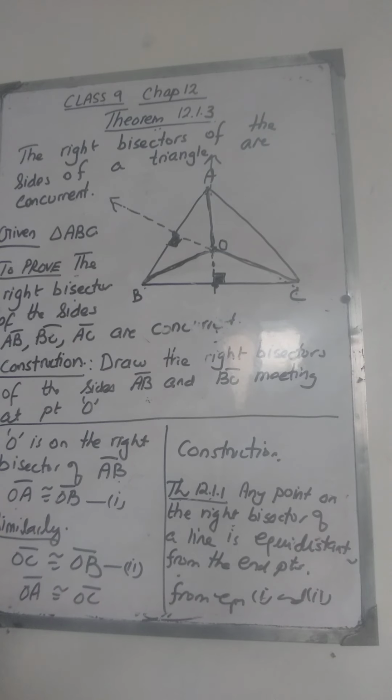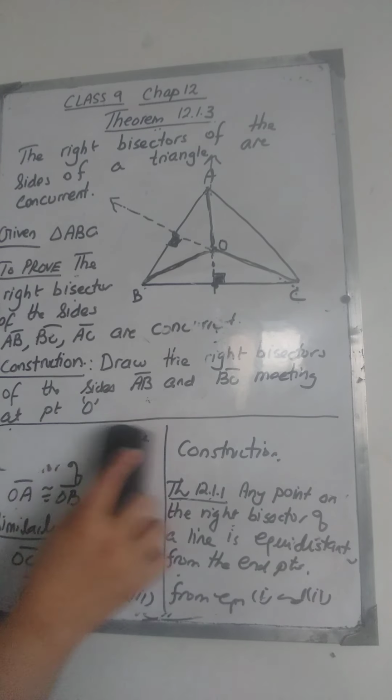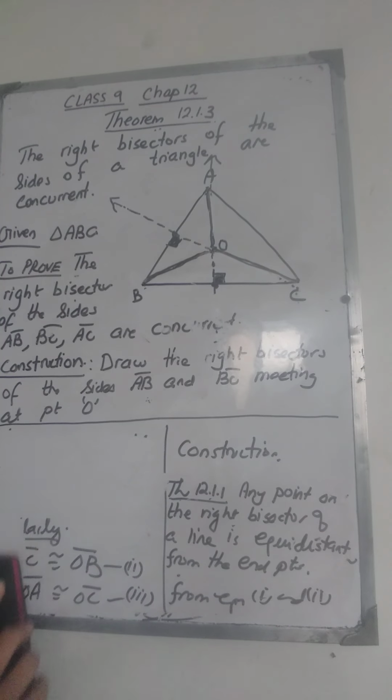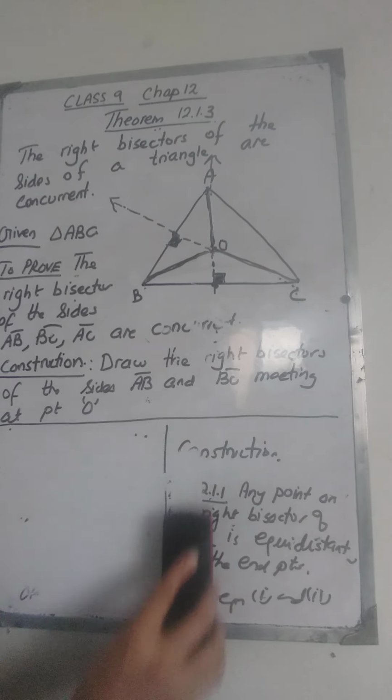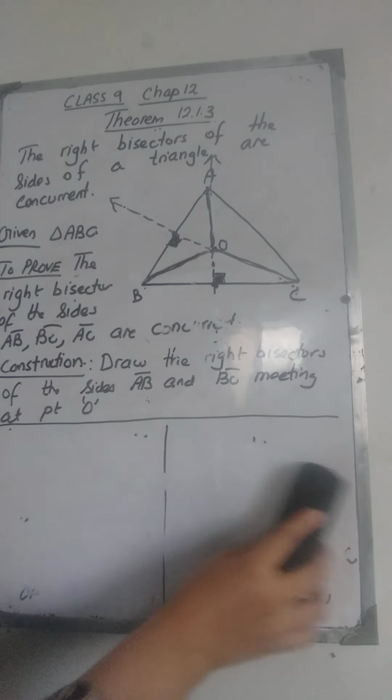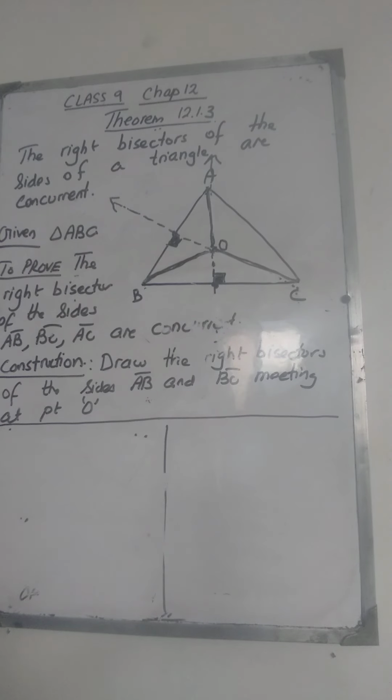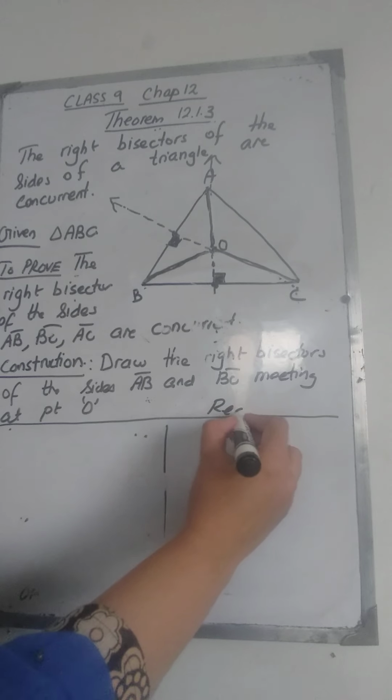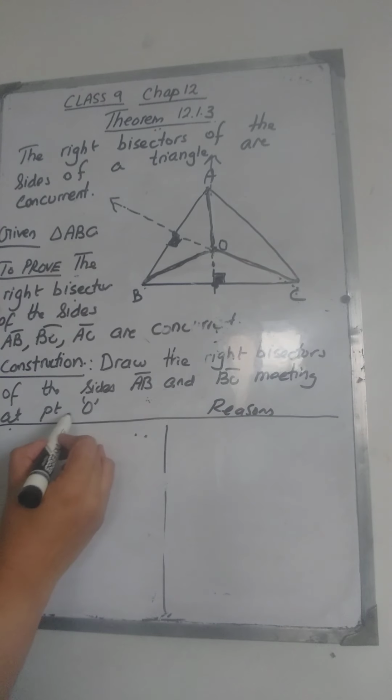Okay, let me erase this and then we will discuss the last point. Just remember that we have proved that OA is congruent to OC. Let me name this equation 3. I will write it again, because we are going to use it in the next step of this proof. And do write the headings here: reasons and statements.